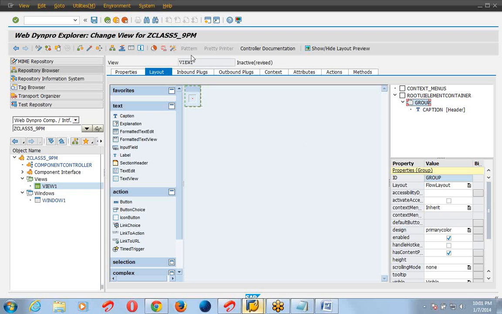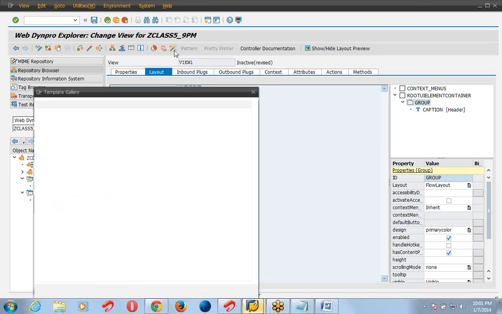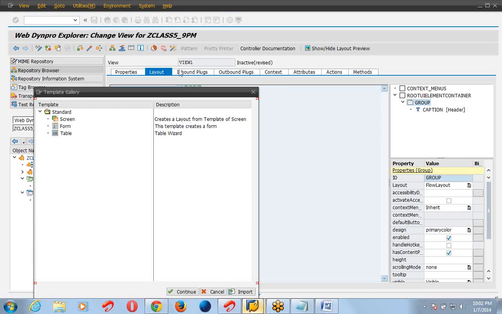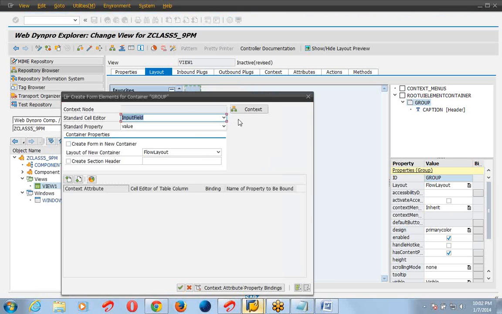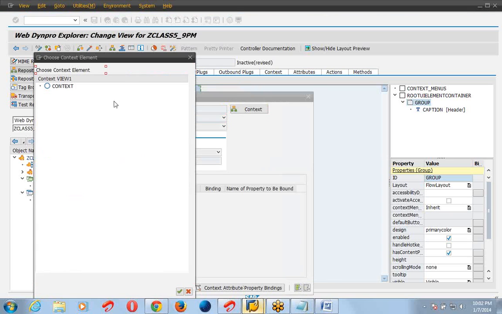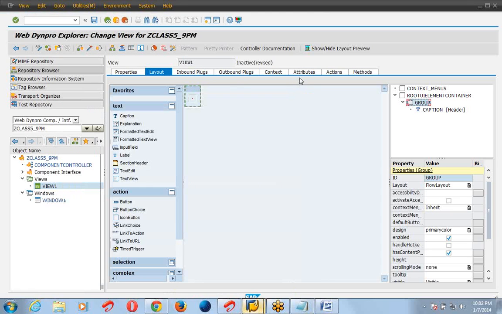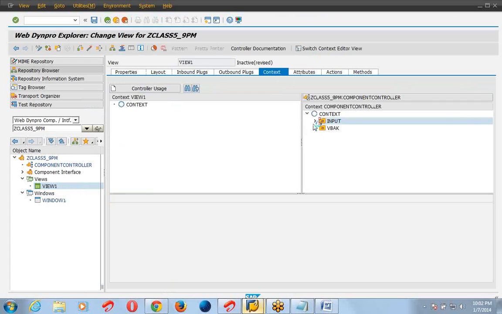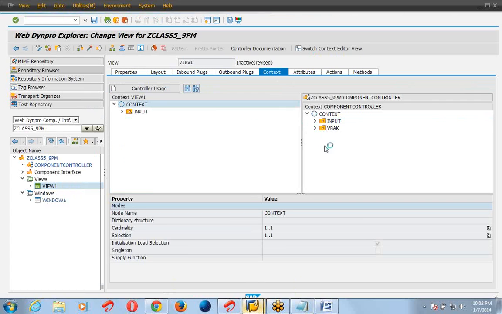In the group, we create a form. So we didn't complete the context binding. So go to context, drag and drop the